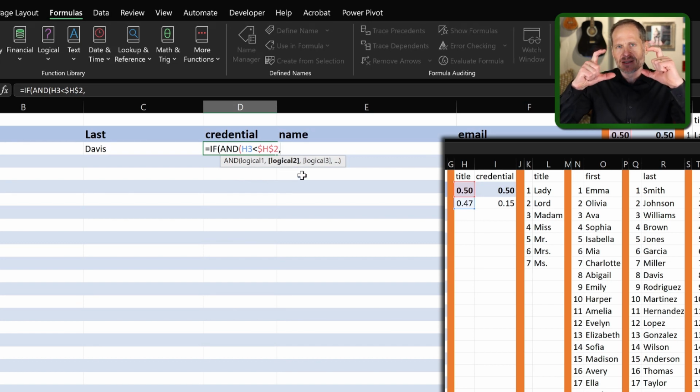And that's in brackets, which in computer speak means this is optional. You can enter another logical test if you want, or you can just end right there if you just want to end there. I do want to enter another logical test though. So I'm going to hit the comma and then come over here and say, is this value here less than